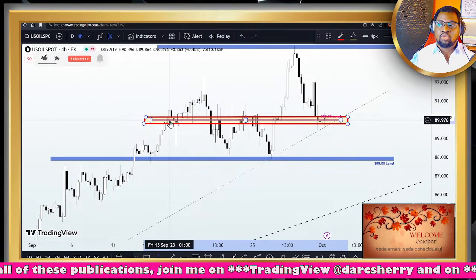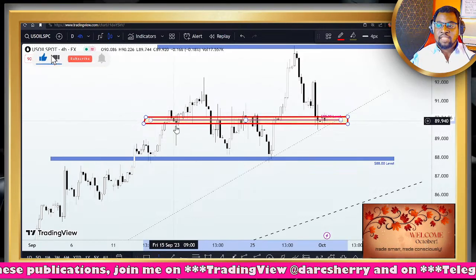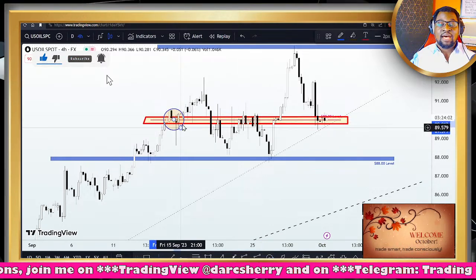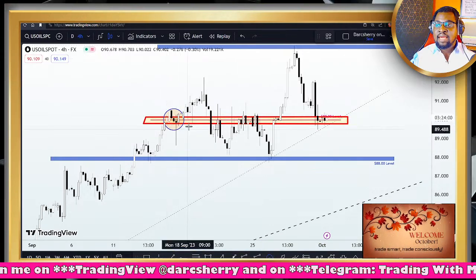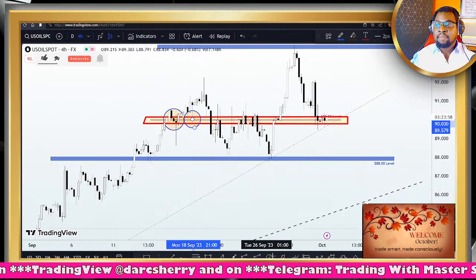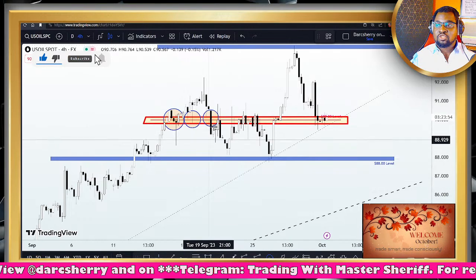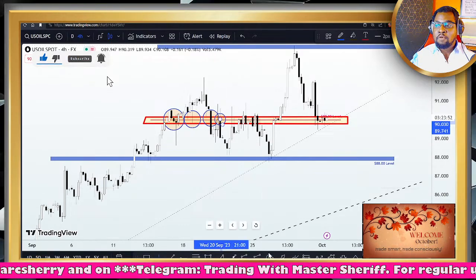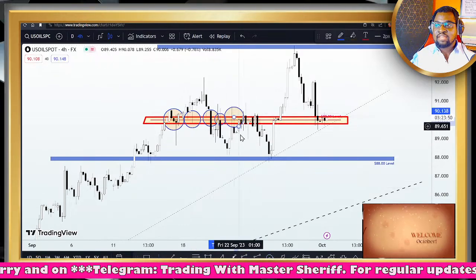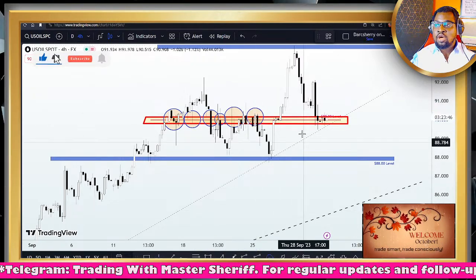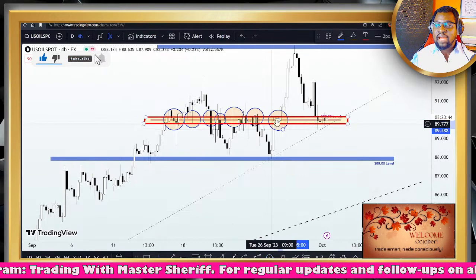Now, let's look at this together. In the month of September, that is during the mid-month, we saw how the zone here was serving as a buy niche at some point. It was serving as a buy niche here. Then we saw the breakdown of structure. It continued to serve as a selling niche for participants in this market, as you will see right here, before we finally saw the breakout of the structure right here